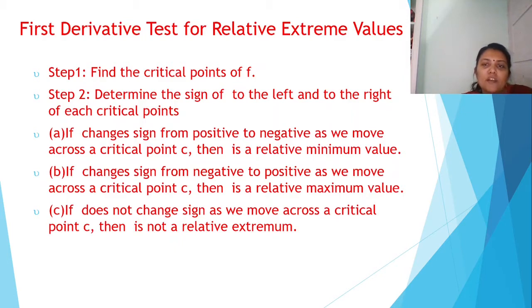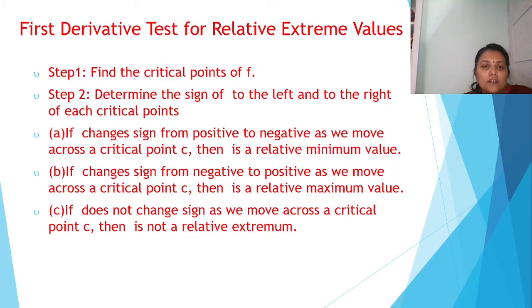Determine the sign to the left and right of the critical points. If f changes sign from positive to negative as we move across a critical point, then it is a relative maximum value. For example, if at the critical point 3, from 2 to 4,